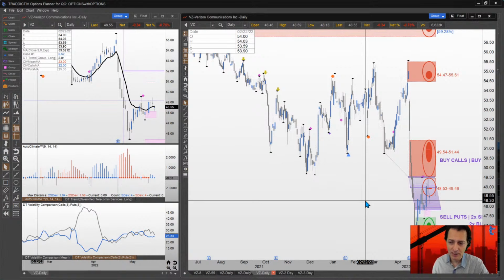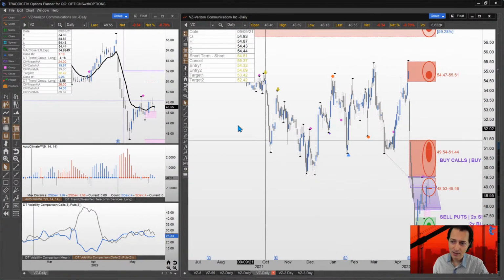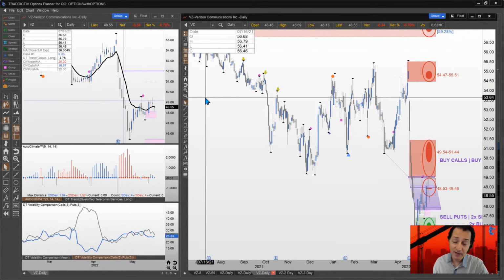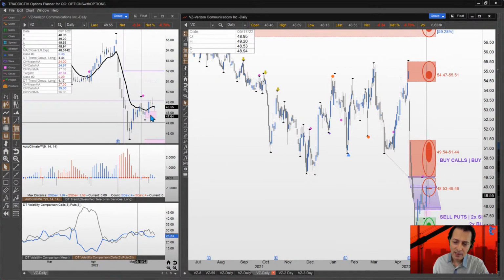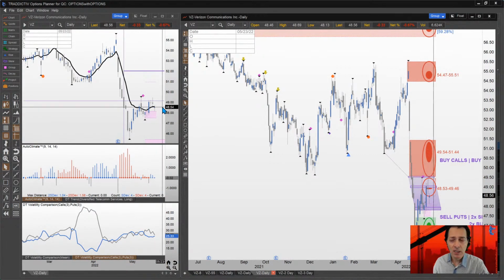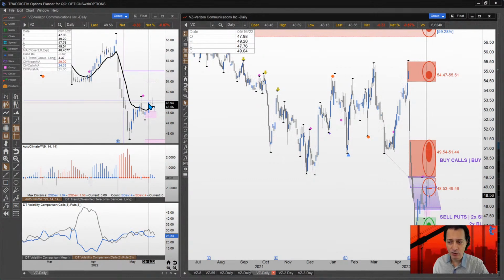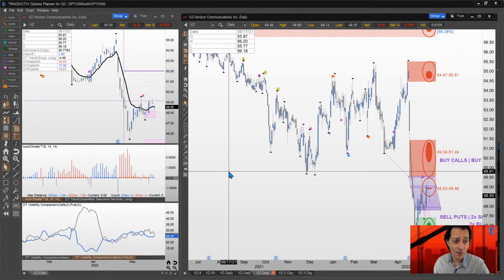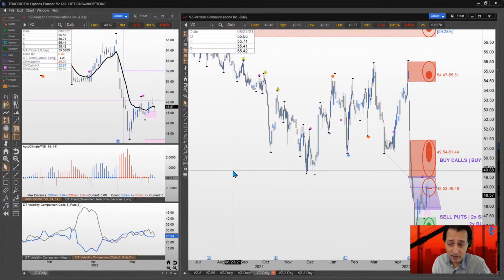A trade that obviously didn't do what was expected. We wanted to ride the move all the way to 52, and it has not happened. But certainly, if you look at what the S&P has done, which continued falling, and you look at what Verizon has done, I guess it's a good lesson to be learned. So I'm not going to touch it. I'm going to leave it the way it is, because if I act now, I'm basically exiting the trade for a loss of $19, which is nothing, but